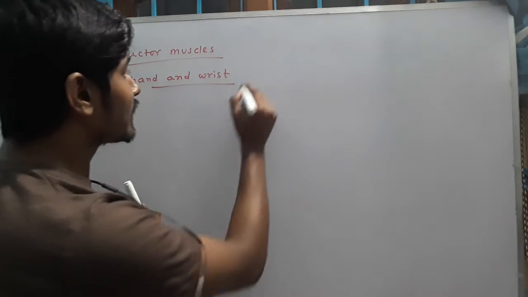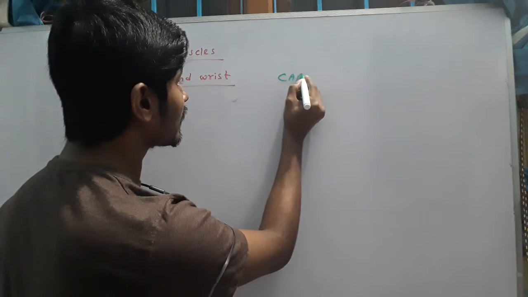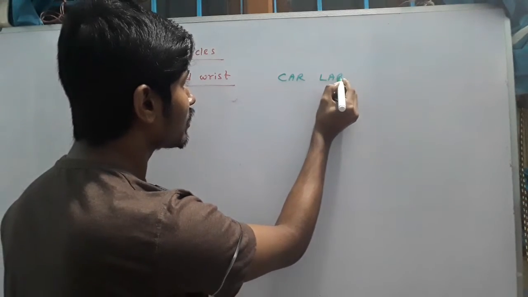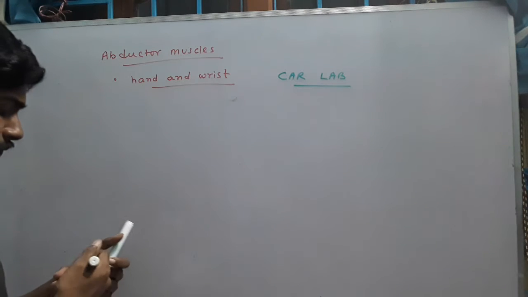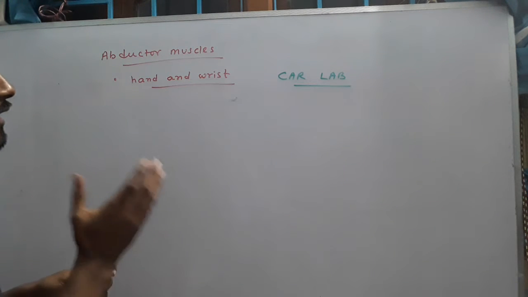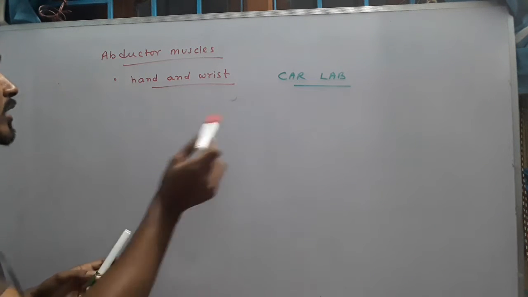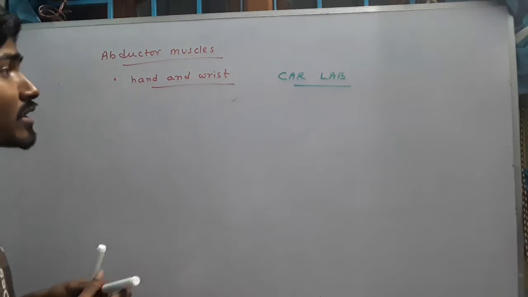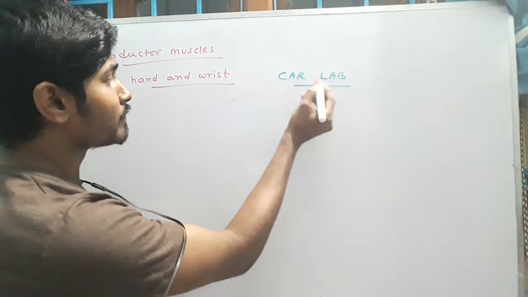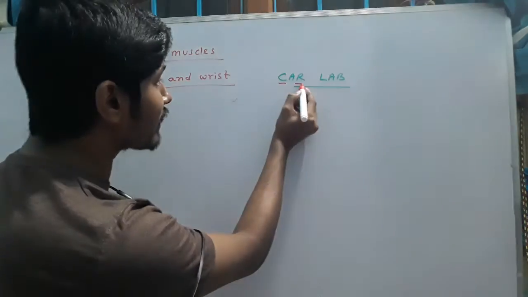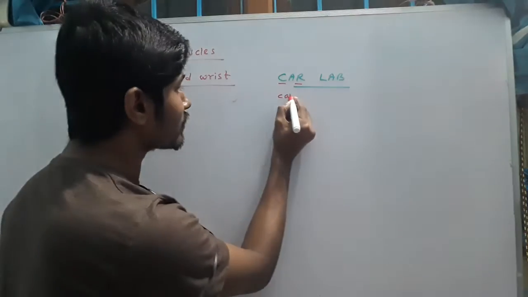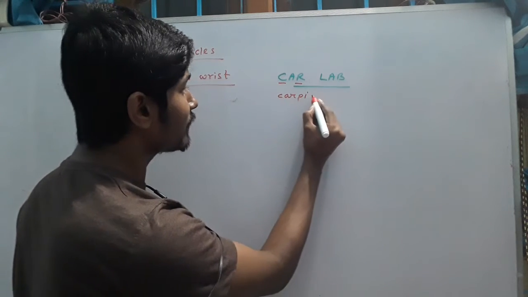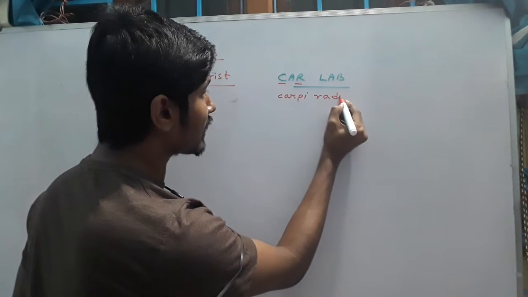I call it the car lab, okay? So a lab or laboratory for cars. Now how can it help you to remember the abductor muscles present in hand and wrist? C and R stands for carpi radialis, okay? So carpi radialis,